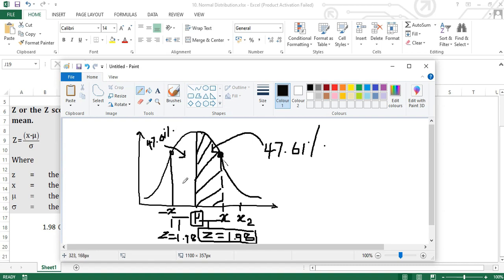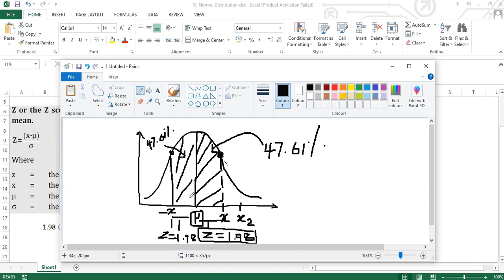Okay. So see, if you go 1.98 this side and 1.98 this side, you will get the answer of the area of probability. That means the data represented under this section is